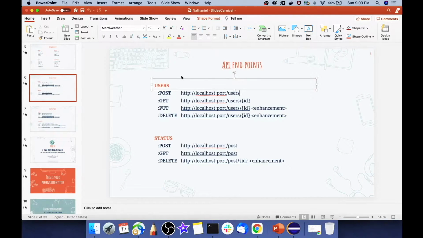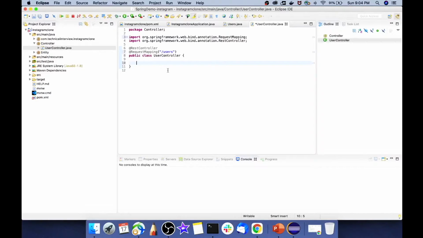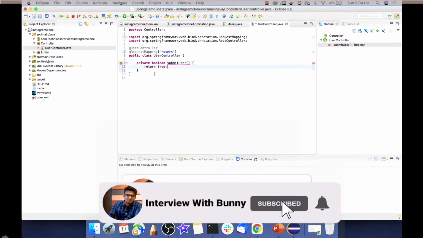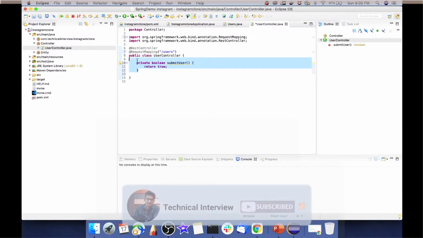Let's now define the two methods, one is post and another is get. The first function that we will define is the post mapping. We will declare a function that will map to the post request. Here you can see that we are creating a function called submitUser.